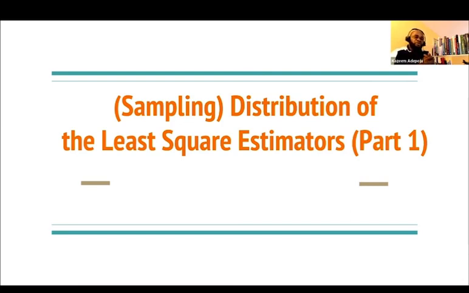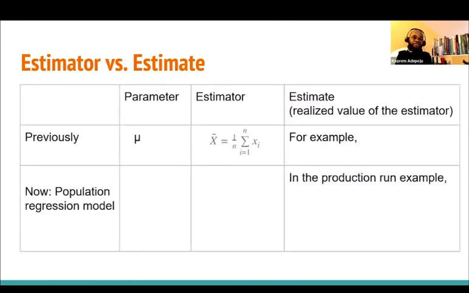We need to be able to investigate the probability distribution of the estimators, the probability distribution of beta naught and of beta 1, because if I know the probability distribution of beta naught and beta 1, I will be able to use that knowledge to figure out the average of the beta naught, because I'm going to have so many beta naught, so many beta 1, and that is what I want to showcase right now. Okay, now I want to give you an example.